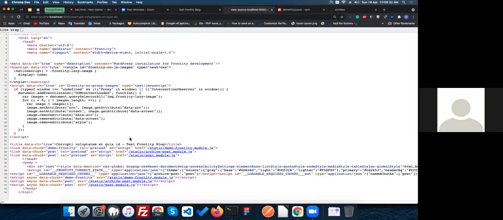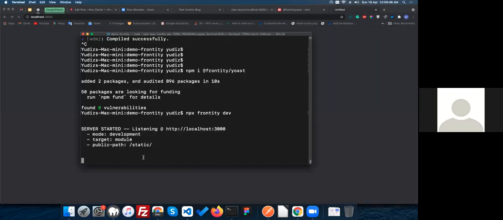As you can see, before we used this package, we were getting the source of our post, like here: WordPress install, Frontend development project content, and like that. After installing this package, it is currently creating the build. Until it creates the build, I will guide you on how to use it.